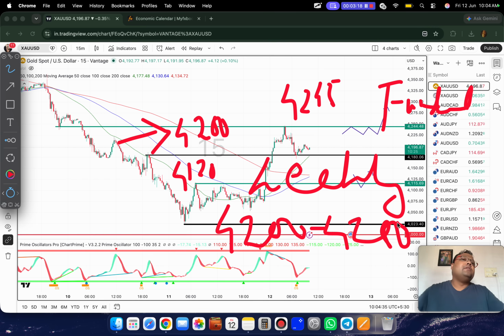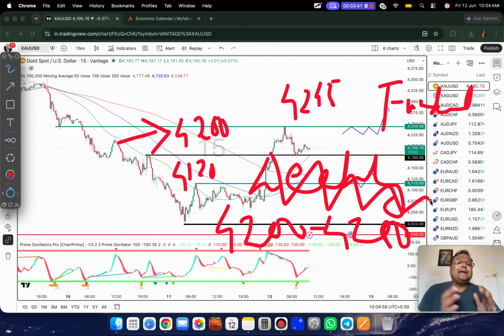can expect more recovery. But in case the market closes below 4200, or the weekly closing is below 4200, then things are dicey again. The trend of the market for the coming week will not be clear and we can expect a sideways or choppy market, mildly bearish but choppy. Selling pressure is there on the market, that we cannot deny. But as a day trader, today the market seems to be bullish, but keep in mind the overall trend is not